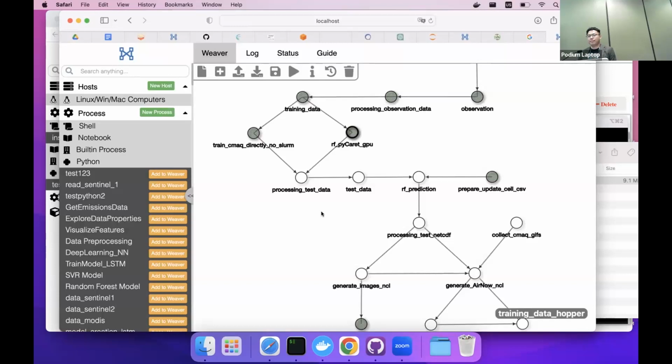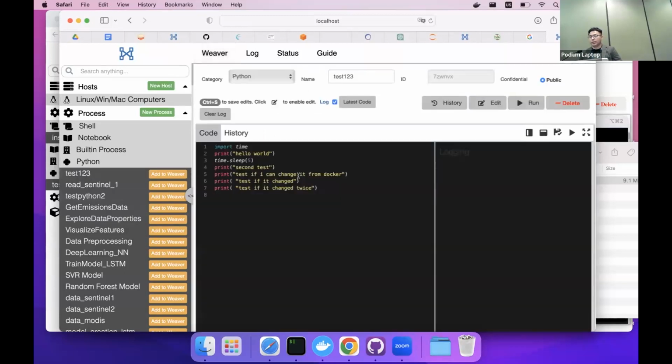Is it possible to parameterize your scripts? Like if you want to change one variable? Oh, yeah, that's a good question, actually. In GeoWeaver, every process doesn't have external input parameters. All the changes are made inside the process. So yes, you can change any parameter you want within the process. Excellent question.